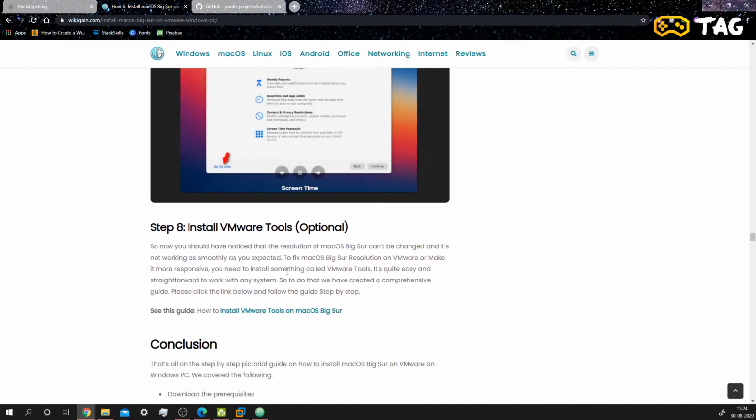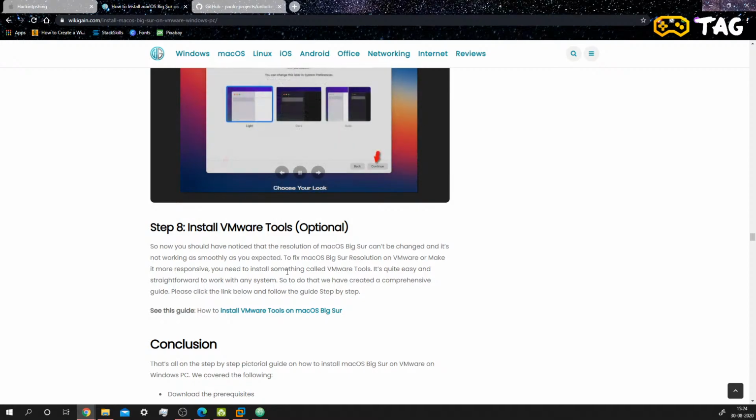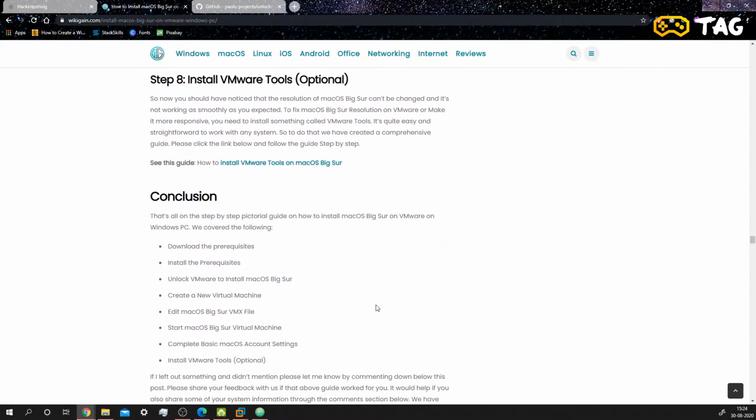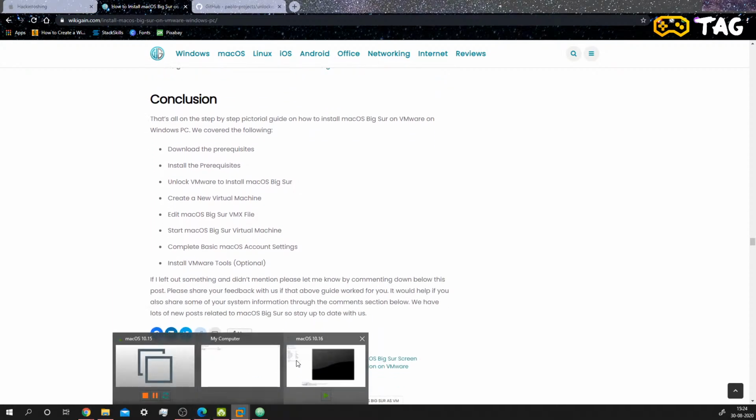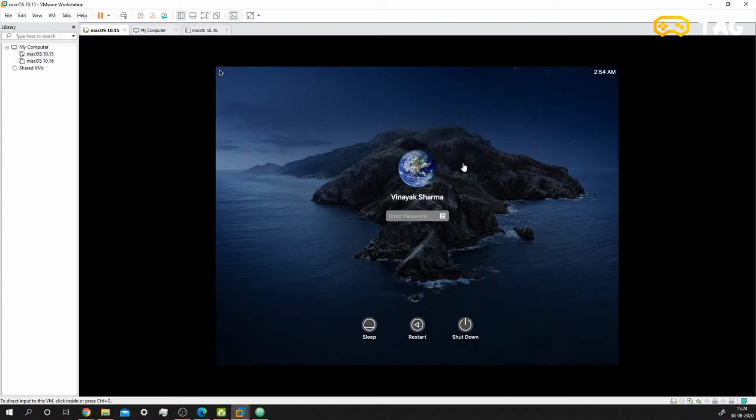But VMware Tools would give you hardware acceleration, drag and drop support between your host operating system and your virtualized operating system. But yeah, you would get VMware macOS running inside your operating system. So I'm just going to log in. There you go. You would have a functional Mac running inside macOS,